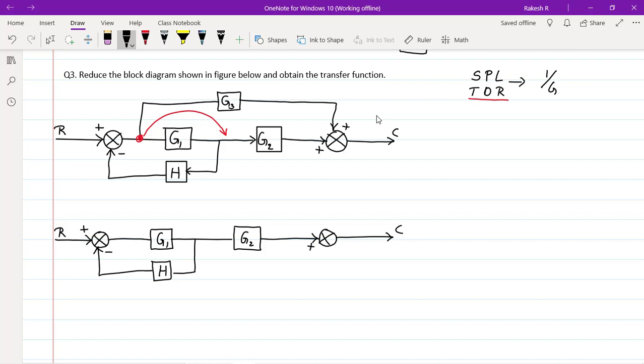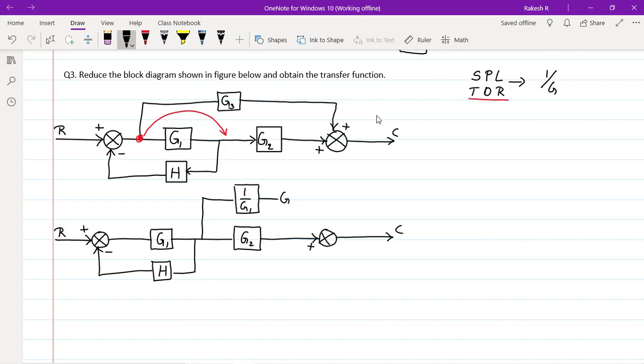This is negative feedback here. Now what I have done, I need to move this takeoff point towards the right, somewhere here. So when I do this, what happens? I need to replace this, divided by 1 by G here. So here instead of G I have G1, so I'll write it as 1 divided by G1 here. Remaining, whatever is there, write as it is.